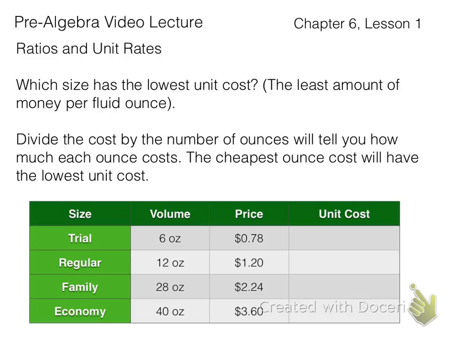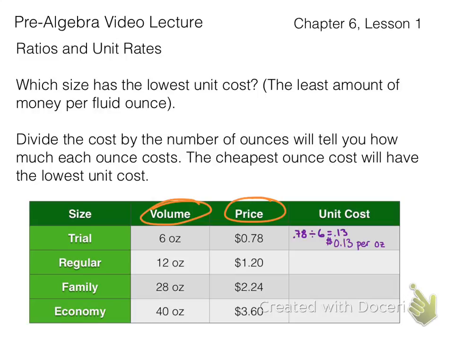Alright, so to figure out the lowest unit cost, we're going to divide the total cost or price by the number of ounces, or the volume that you have. The cheapest cost per ounce will be the lowest unit cost. So let's go ahead and do some division. We're going to take the price of the trial size and divide it by the number of ounces. So it'd be